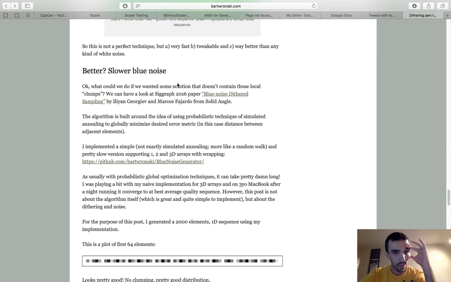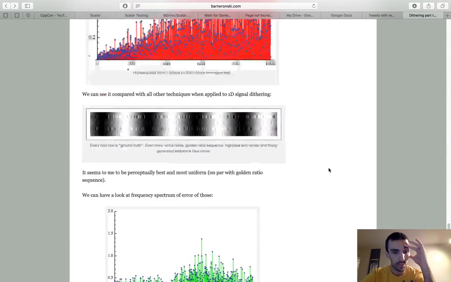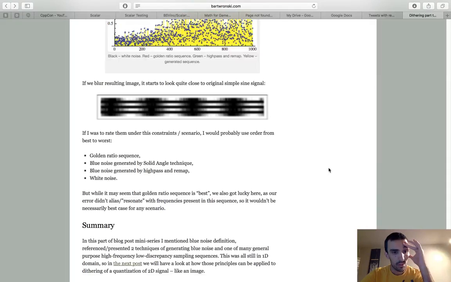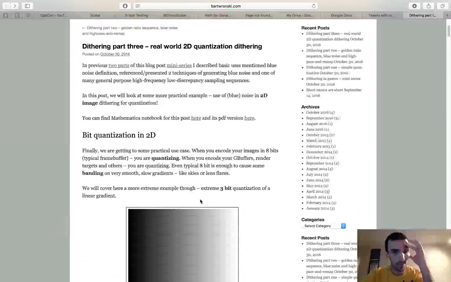What if we wanted some solution that doesn't contain local clumps? Then there's another algorithm. Okay, I want to get to the actual Bayer matrices, so I'm going to skip over a lot of this, even though it is pretty interesting. So part three,